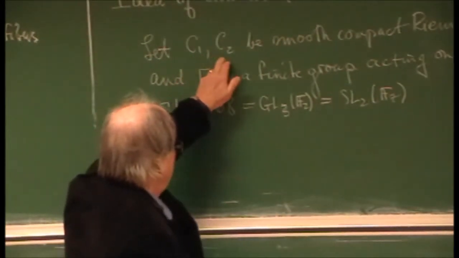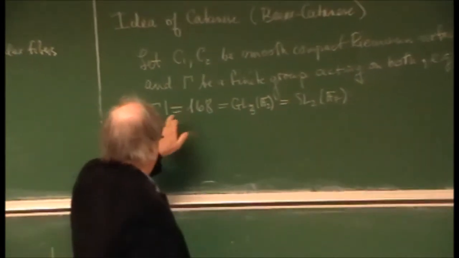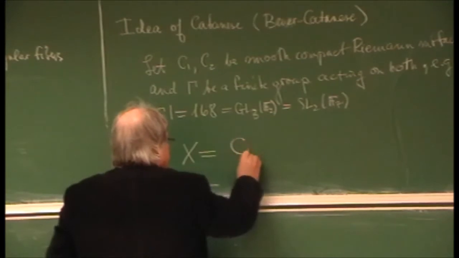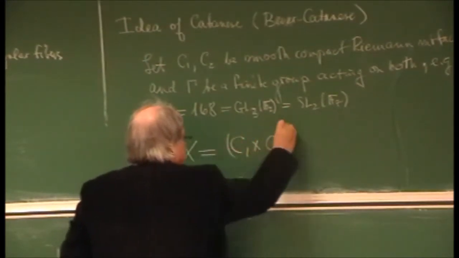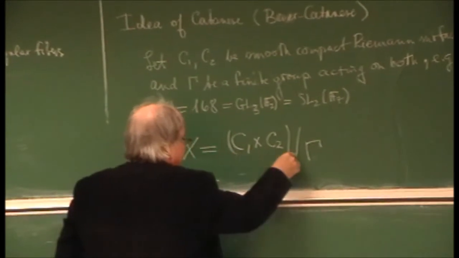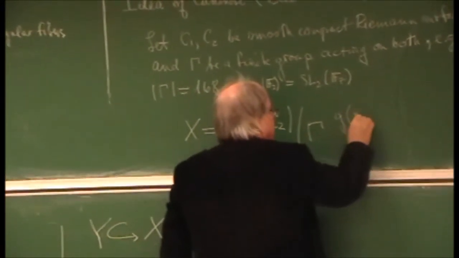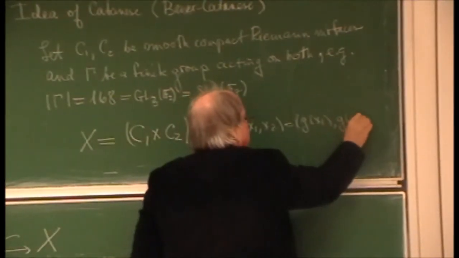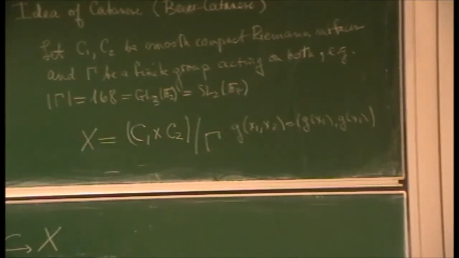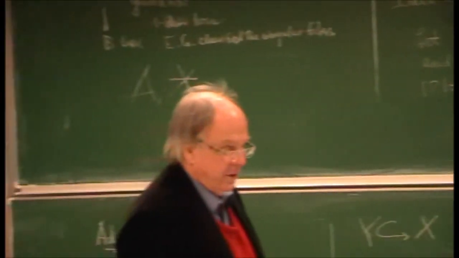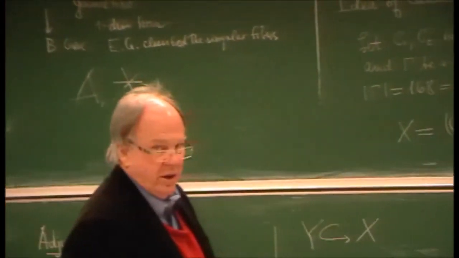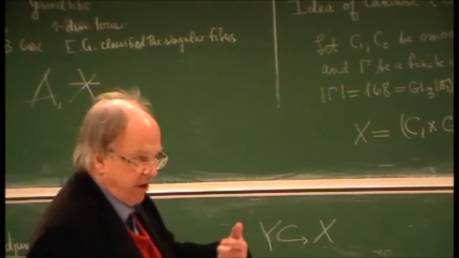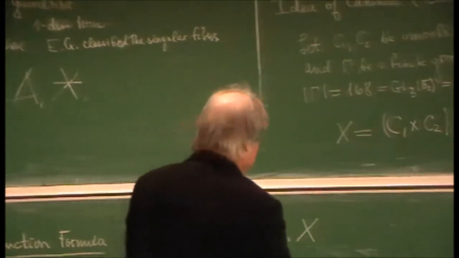And you can find beautiful curves here where this thing acts on both curves. And then what you do is look at X as C1 cross C2 modulo this action on both curves, this diagonal action. So let me just say, g of (x1, x2) is just (g x1, g x2). Now there are all sorts of things that go wrong here, but this is a great way of producing interesting surfaces of general type. By the way, it's a great problem of computer science, because in order to compute these invariants that are coming up here, even for rather small groups,